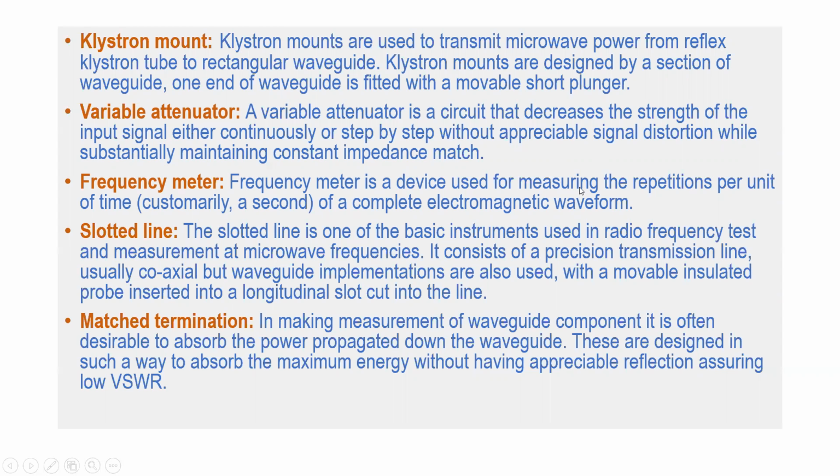A frequency meter is a device used for measuring the repetitions per unit of time of a complete electromagnetic waveform. It is used to measure the deflections that are occurring, and using those deflections, it gives your frequency value if it is digital in nature. If it is analog in nature, it uses your resonant frequency in order to get the original frequency. Slotted line. The slotted line is one of the basic